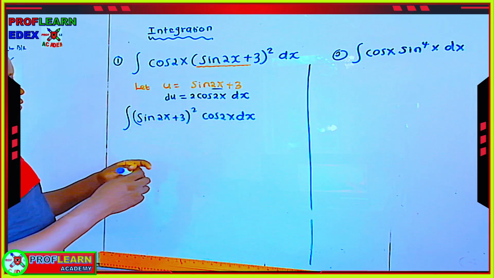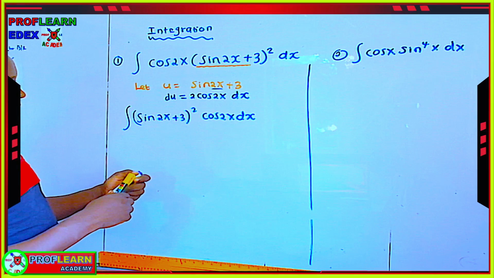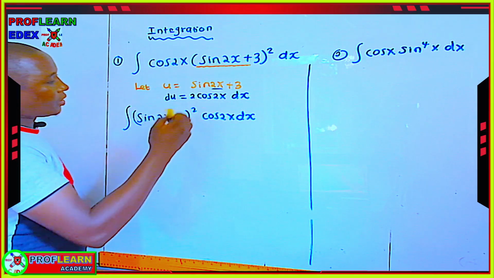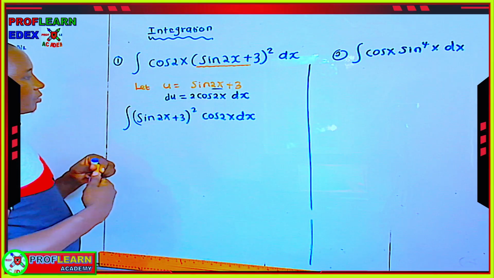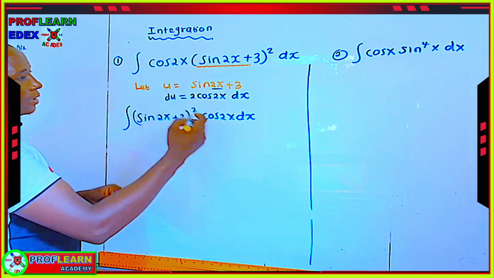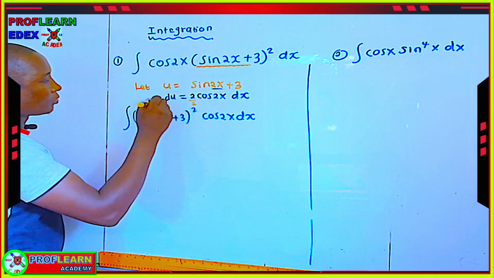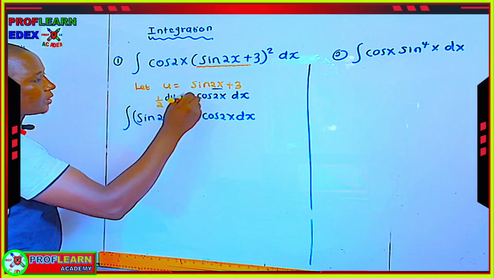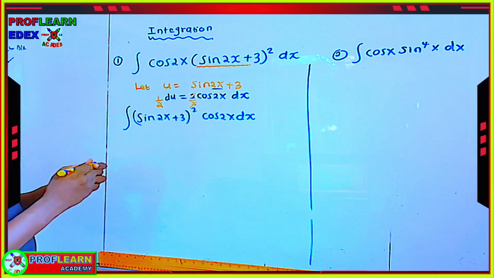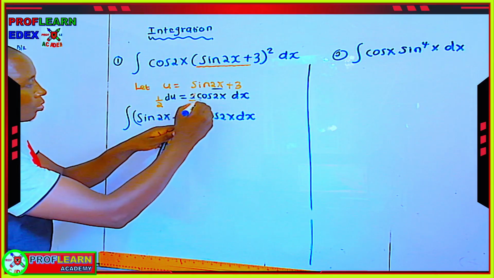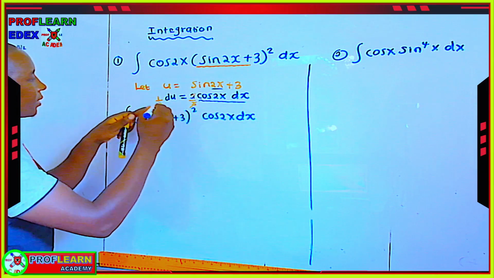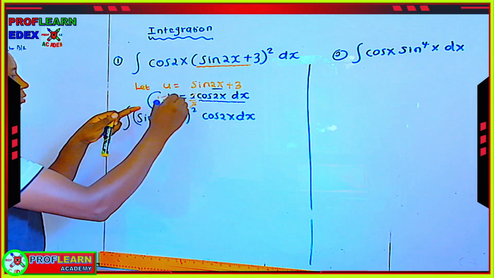So I will want to ensure that I'm having cos 2x on one side and only. So meaning that this one we can divide by 2, divide by 2 here. This and this will cancel out. So this will mean that cos 2x dx can be replaced with this part that we are having here,